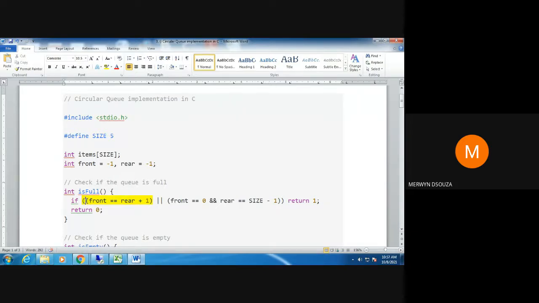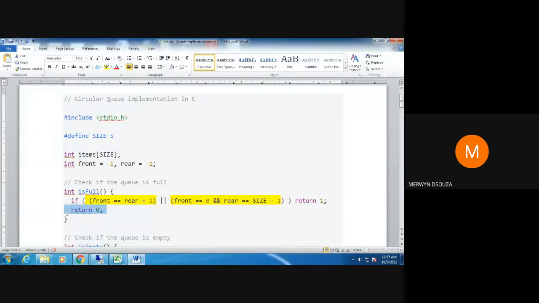For some reason both the parentheses are getting highlighted. Actually this parenthesis should not get highlighted. Okay, and this is the second condition. So if any one of these two conditions is true, okay, then we will return 1. So if this thing is true, then we return 1. Only this is executed, return 1, and we go back, okay, to where this function was called. If this condition is false, then we do not execute this line, but we execute this, return 0.